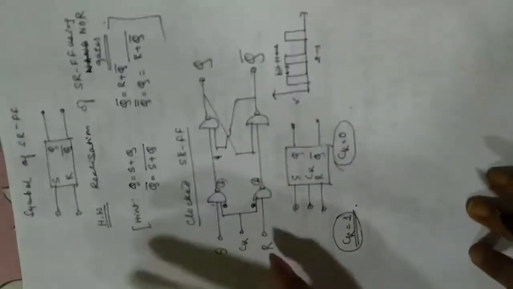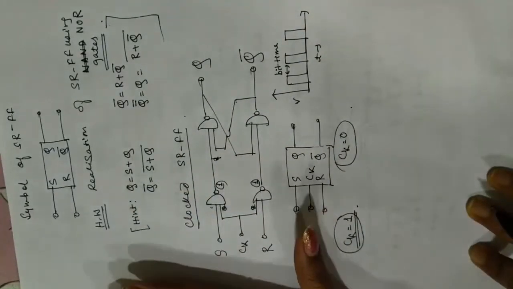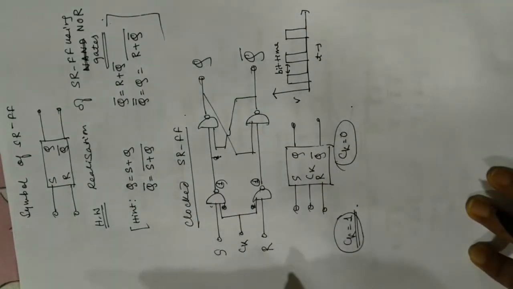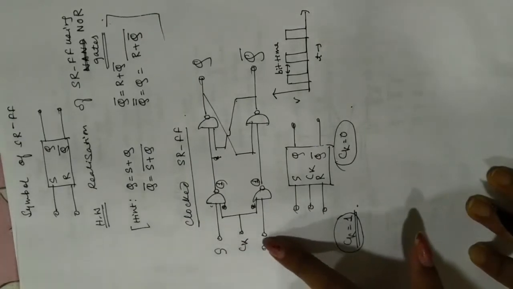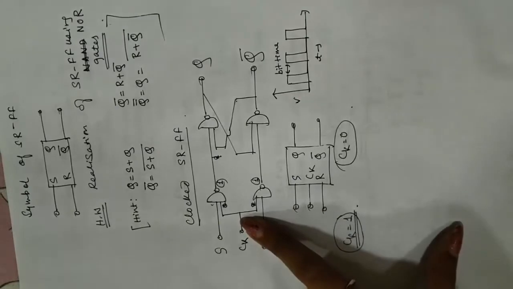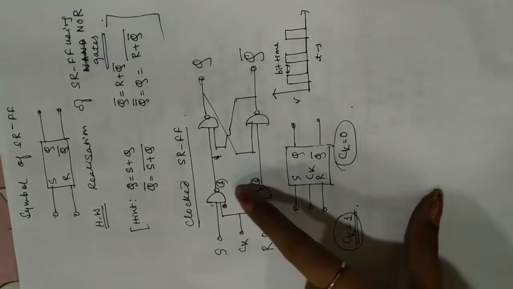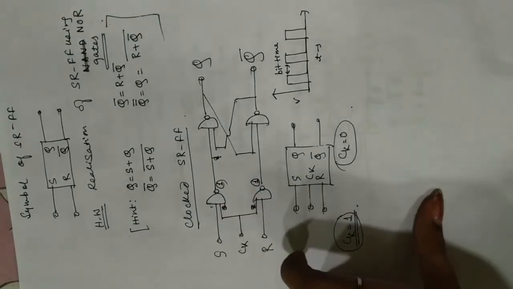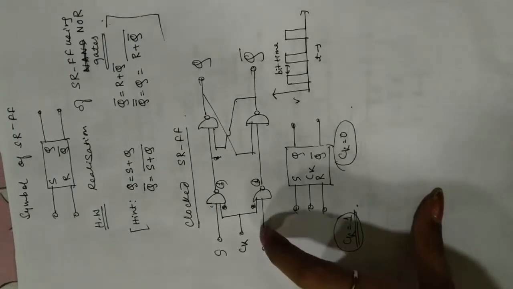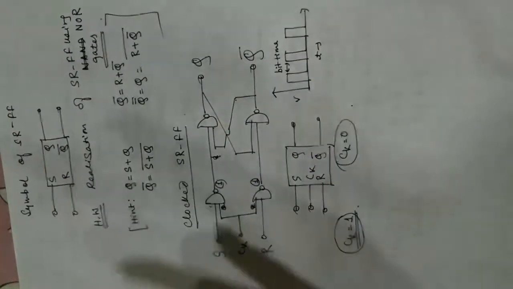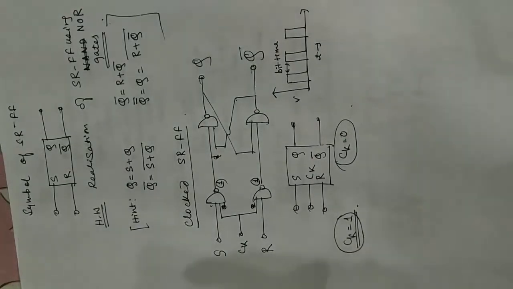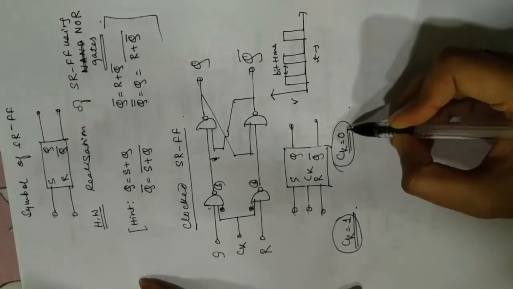That means the entire flip-flop has become non-working. It is no more dependent on the values of S and R. If the clock pulse is inactive, we will get an output 1 and 1 from here, whatever the S and R values, and our output will be retained, right? The output won't change when the clock pulse is not present.